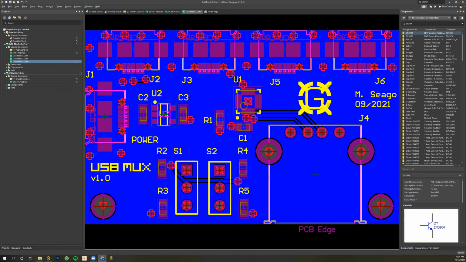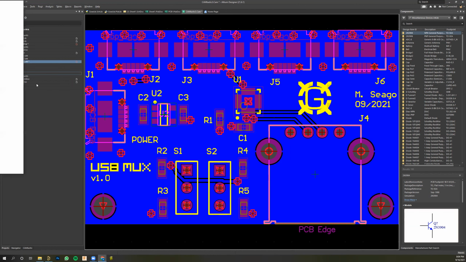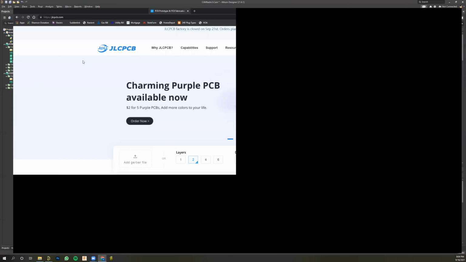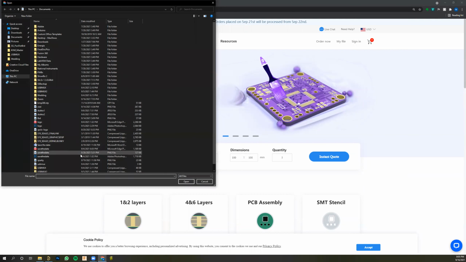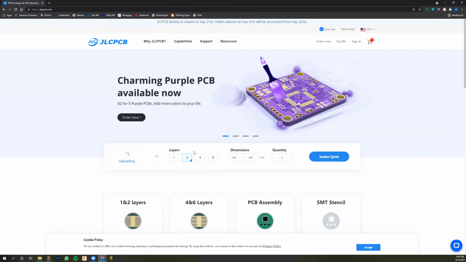And I like to use this company. They're Chinese, I mean, they're in China. But I've had good consistent quality with them. They make it really fast and they ship it really fast. Use whoever you want, these guys do good work and they go quick. So you just add it, and it's got a pretty cool little process here. Once it uploads,